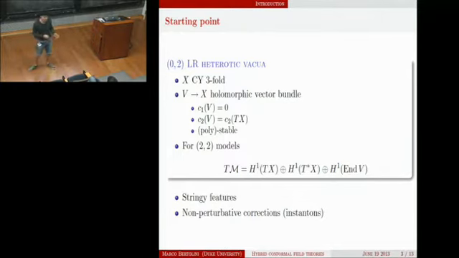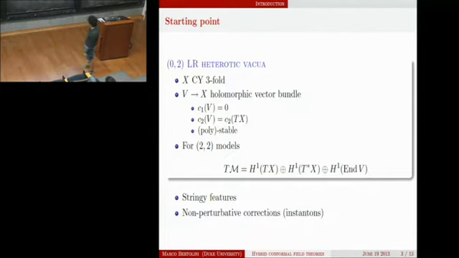Right, but this is clearly not enough, in the sense that this supergeometric description is valid only if all the scales in the problem are bigger compared to the string scale, and we know that we have solutions provided by Landau-Ginzburg models where the target space is just a point. So definitely we want to understand more stringy features of this compactification. Another interesting thing that people want to understand is how non-perturbative corrections, instanton-like stuff, come into play.